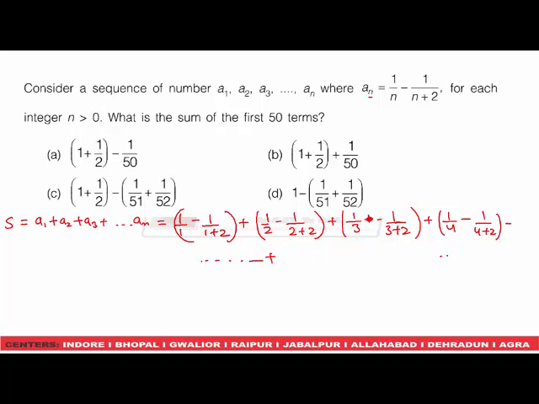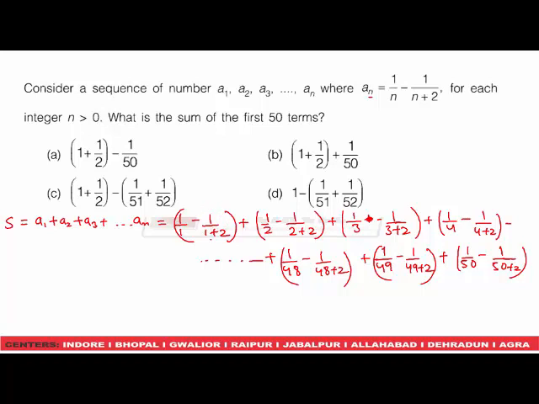The last term will be 1 by 50 minus 1 by 50 plus 2. The previous term will be 1 by 149 minus 1 by 149 plus 2. And the last third term will be 1 by 48 minus 1 by 48 plus 2. Now, what we are observing is that